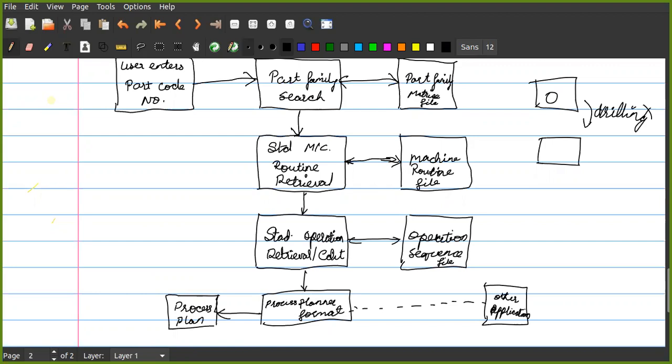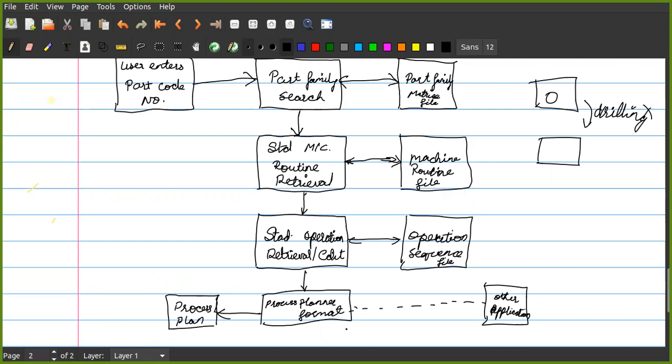Once it is fed to the process planner formatter, the formatter will format it in the sequence of operations and provide all the necessary information.